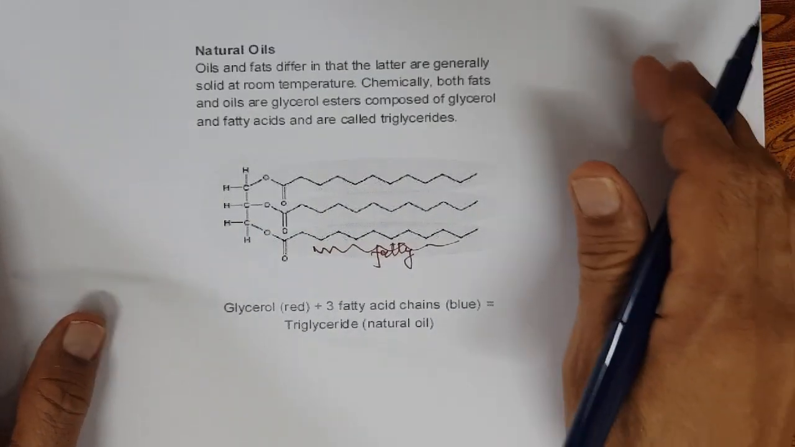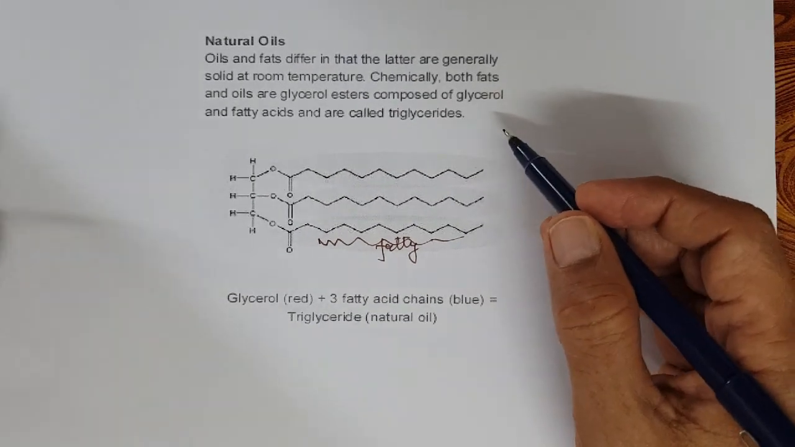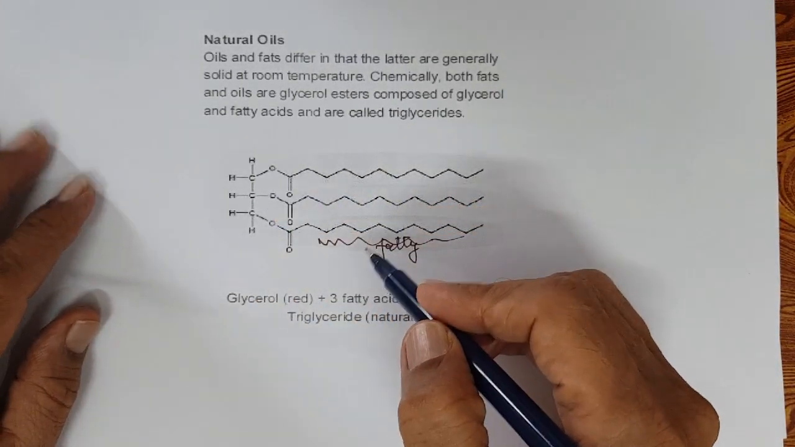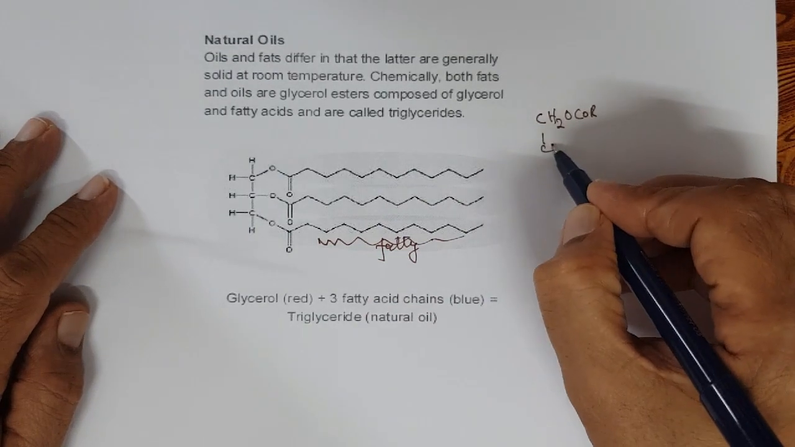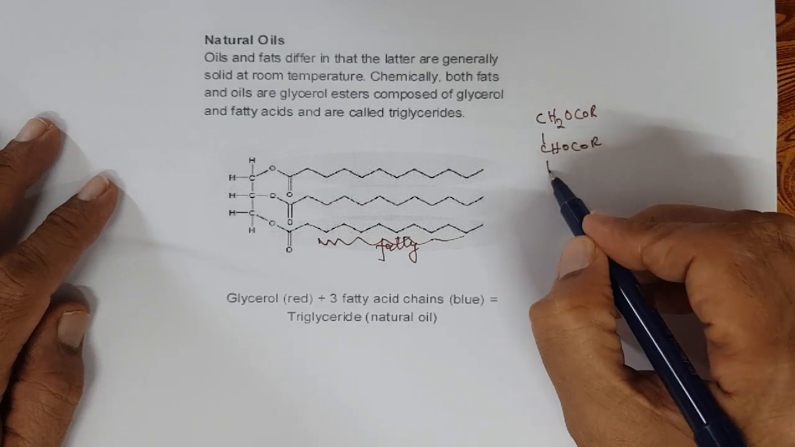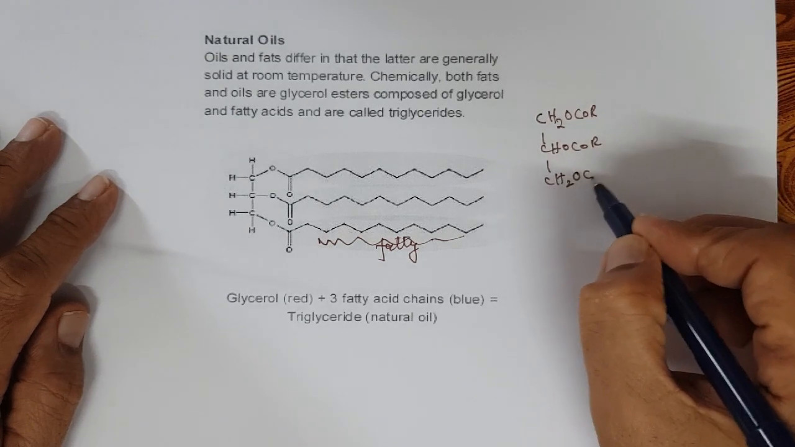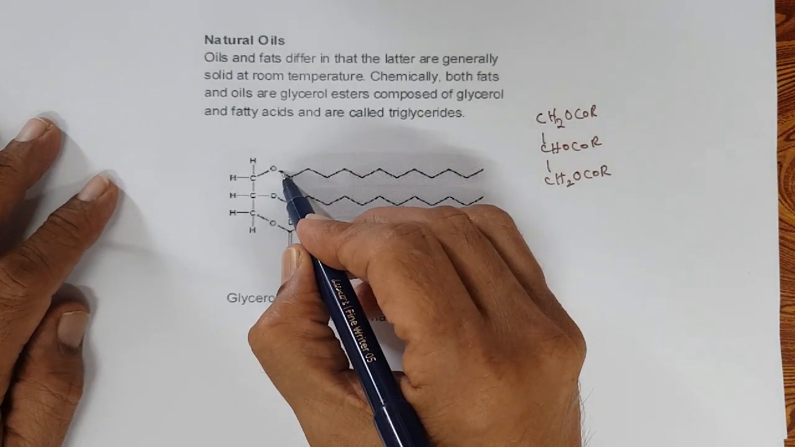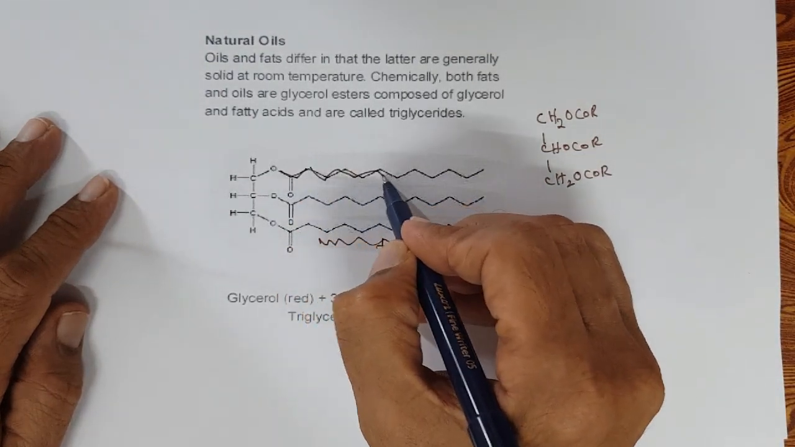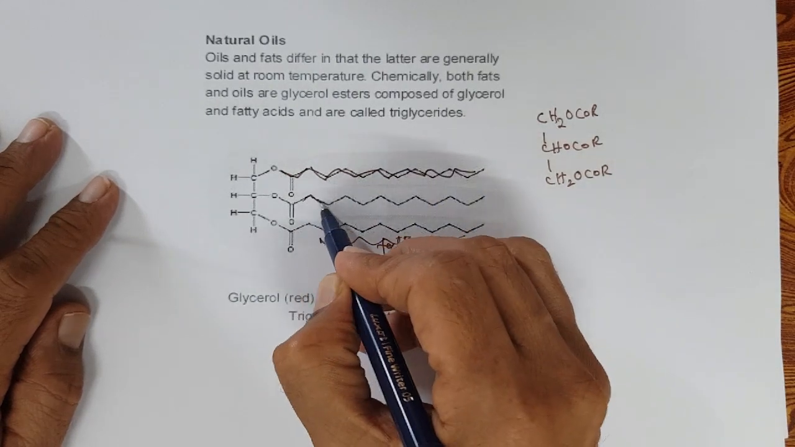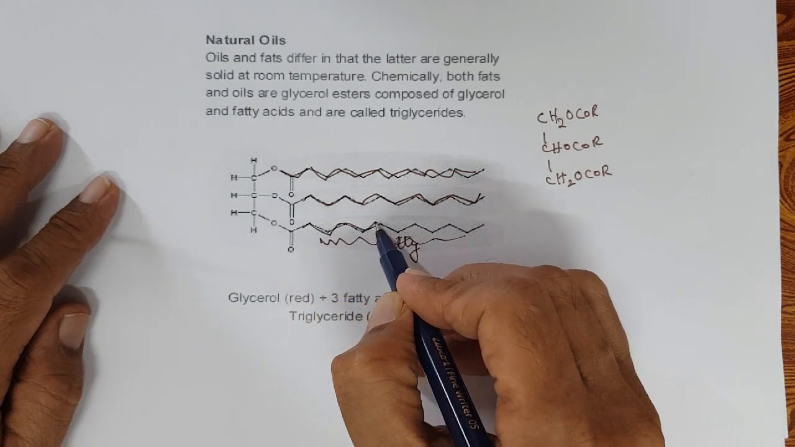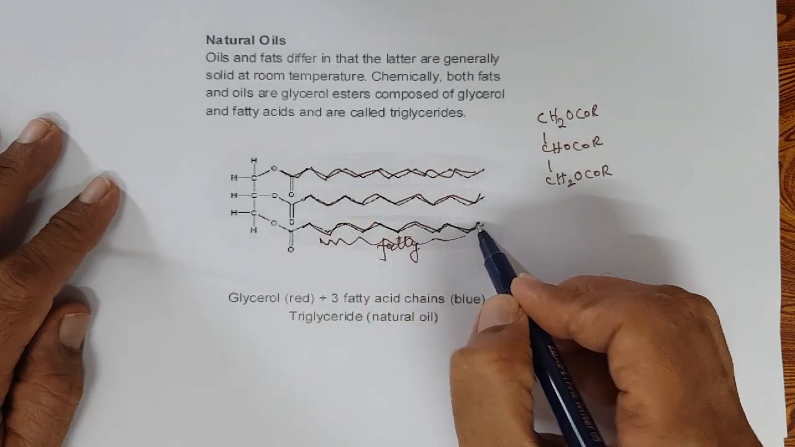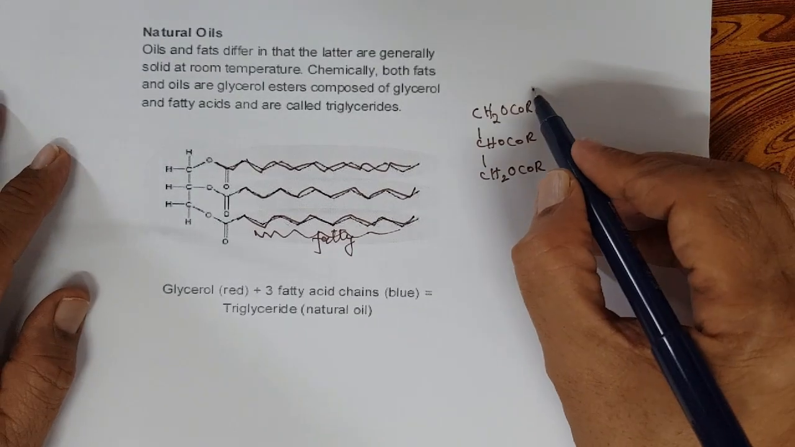To recollect, this is natural oil. Basically, all vegetable oils. Vegetable oils are triglycerides. Okay, CH2OCOR, CHOCOR, CH2OCOR. This is the R. This is the fatty acid chain. So it's a triglyceride because it's a derivative of glycerin. So it's an ester of glycerin. So it is a triglyceride. When you hydrolyze,